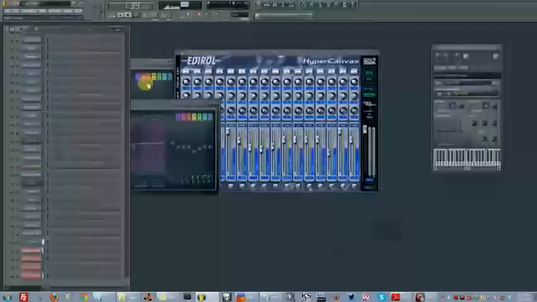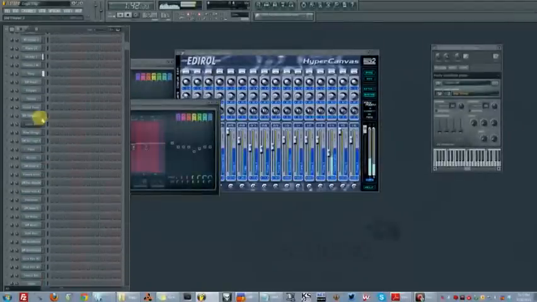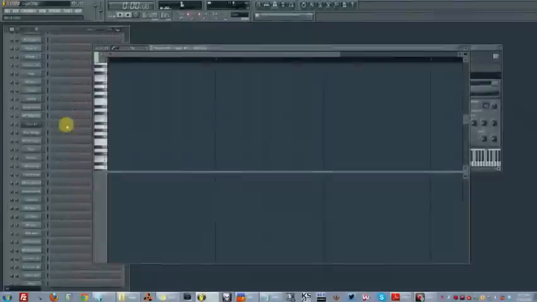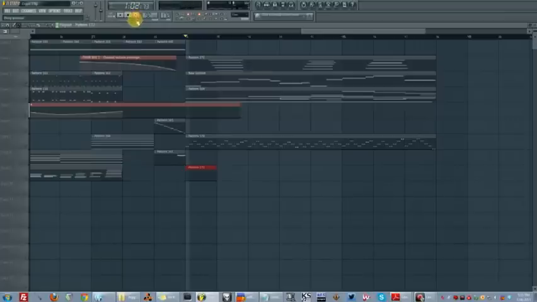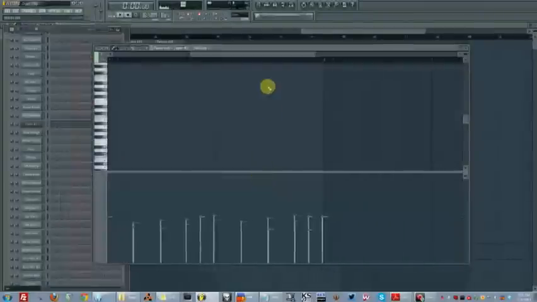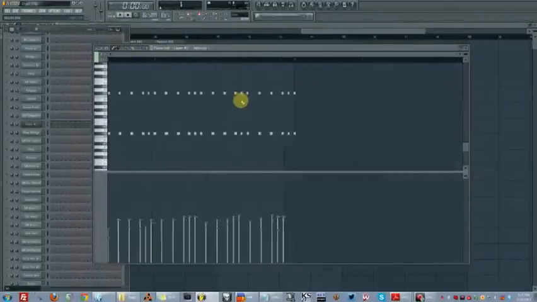Okay. Yeah, actually, I kind of like the idea of, instead of doing hi-hats, maybe like a low pulse, like this. And this way it has the foreboding